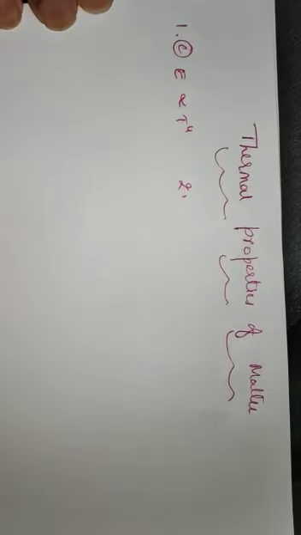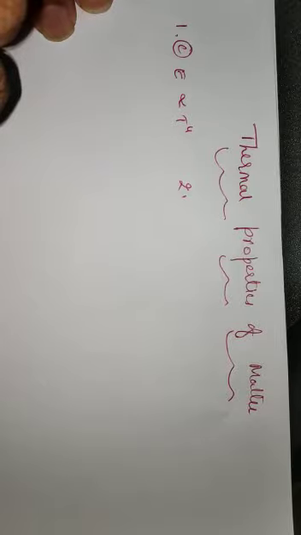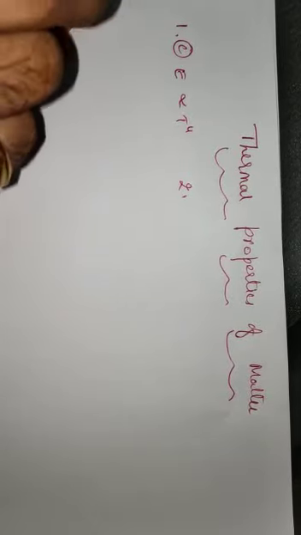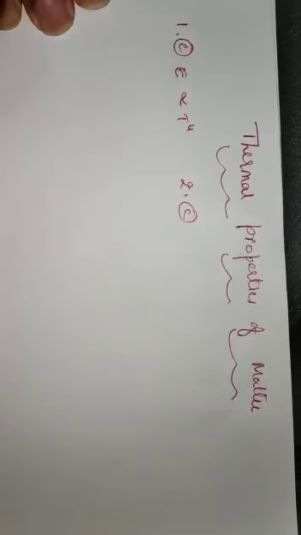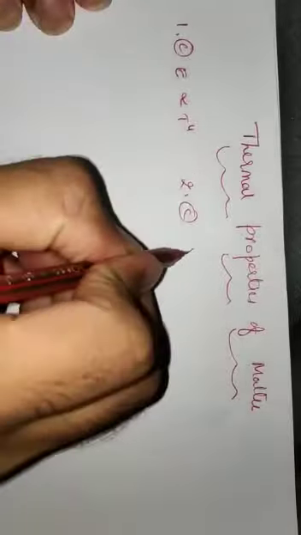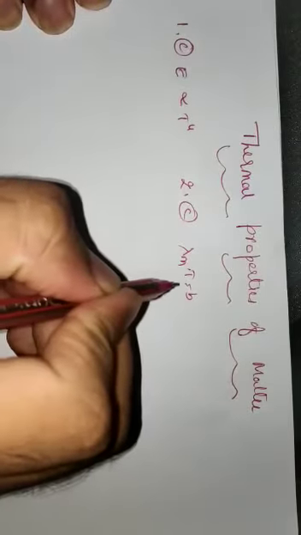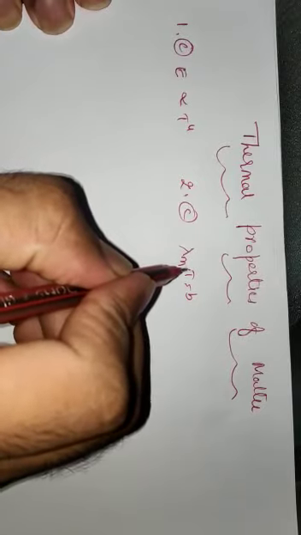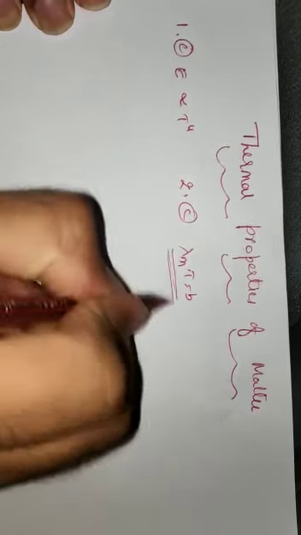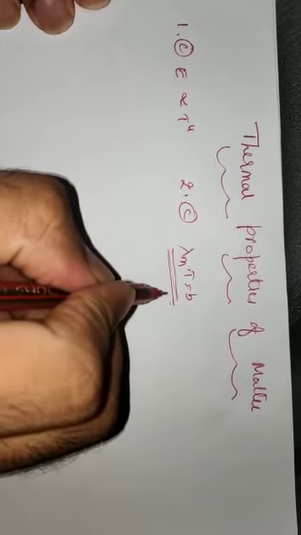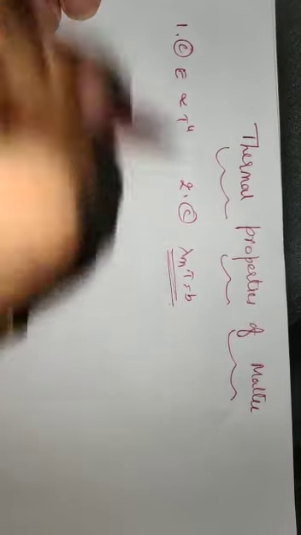We will go to the second question, which says that the wavelength of radiation emitted by a body depends upon the nature of the surface, the area of the surface, the temperature of the surface, or all the above factors. No doubt it is the temperature of the surface. According to Wien's displacement law, as the temperature of a body increases, the maximum intensity of emission shifts towards shorter wavelength, that is lambda m into T is equal to b. So lambda m is the wavelength at which maximum emission takes place at temperature T. So option C is correct for the second question.